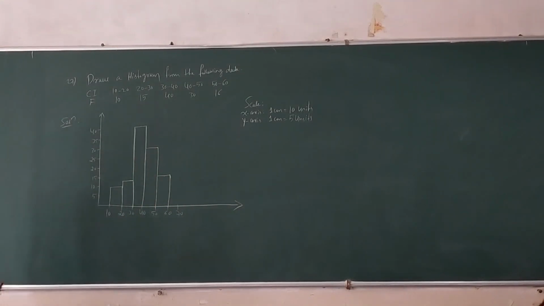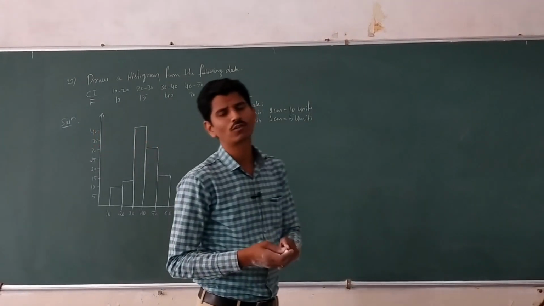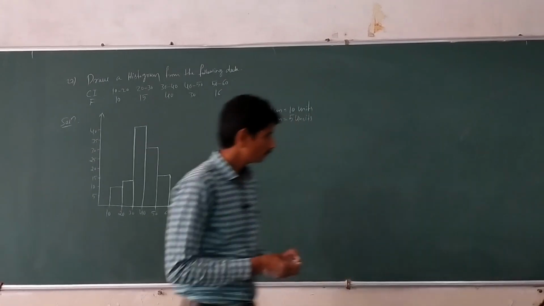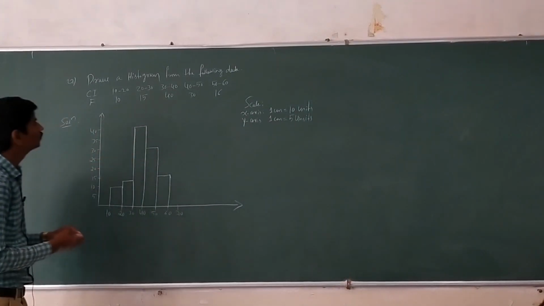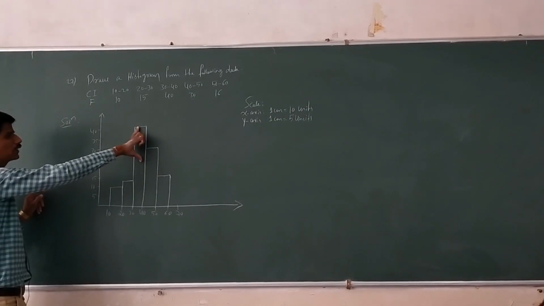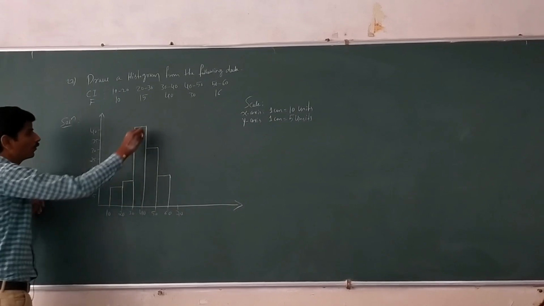Okay, suppose we also have to find the mode value. How to calculate the mode? The value of the mode can be calculated with the help of the histogram. Here the highest frequency is 40. The highest value is this one, 30 to 40. Here, you have to join the